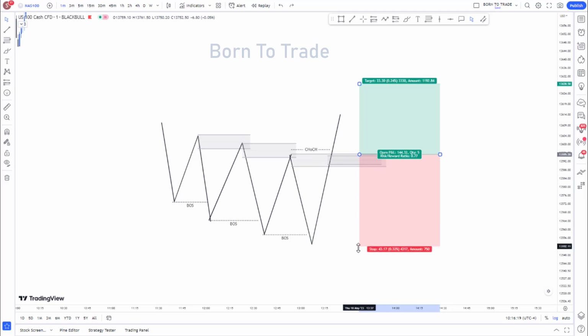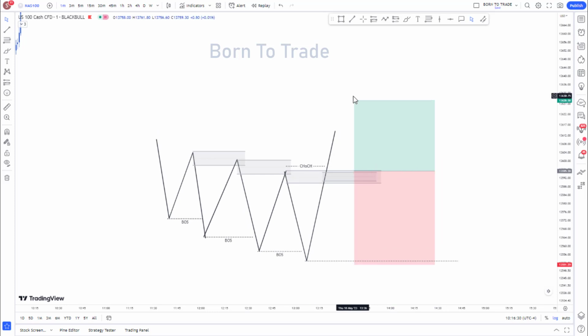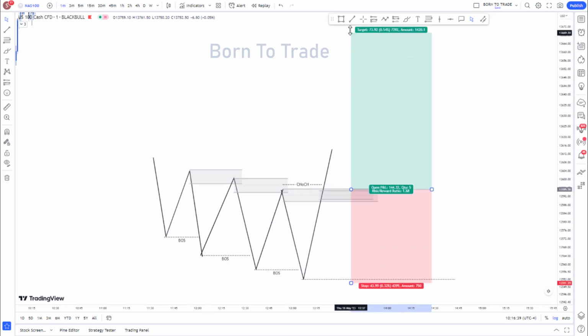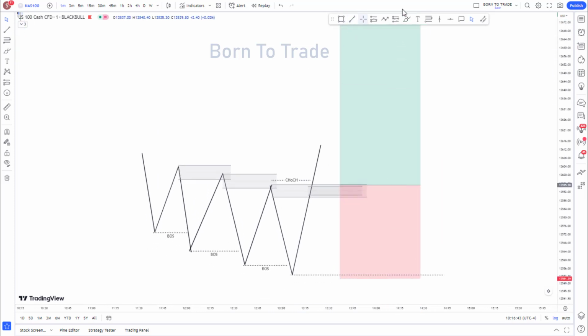You can go ahead, place your stop loss below this low right here. There may be a few pips below the low, and you can go ahead and target a 1:2 risk to reward trade. So what price is going to do is price is going to come back, mitigate this, and push to the